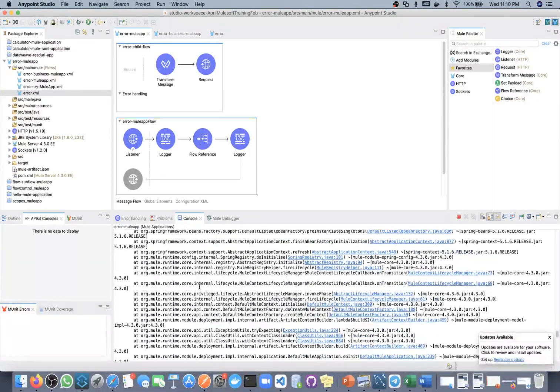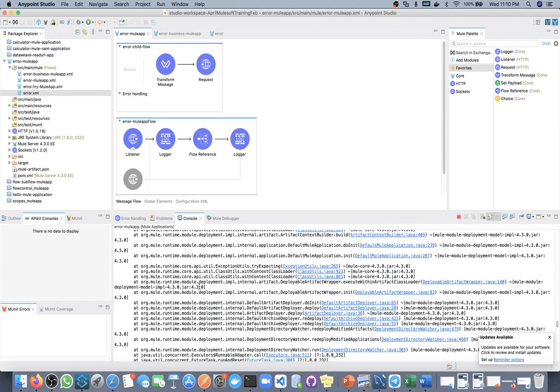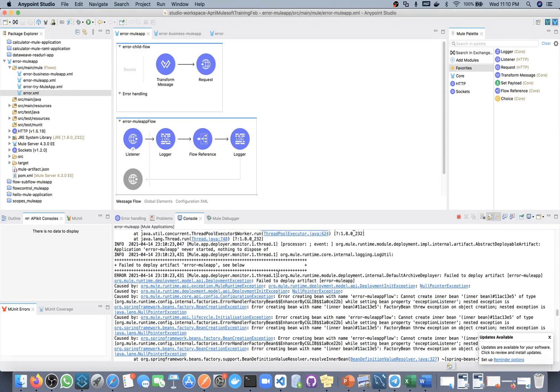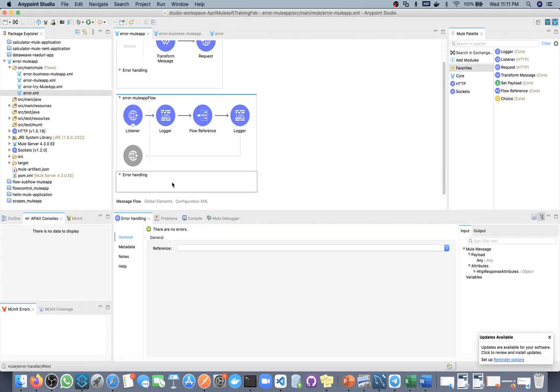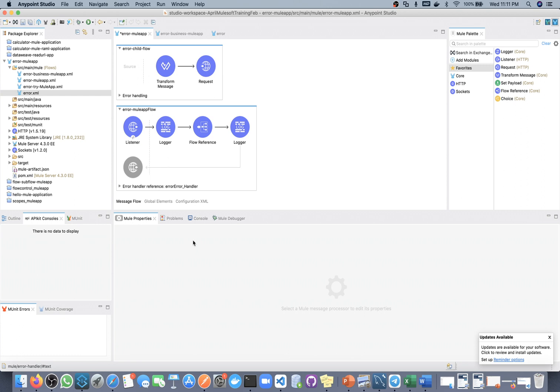It's failing. Error, failed to deploy. Okay, so here also we need to select this global error handler in the reference in this place also.